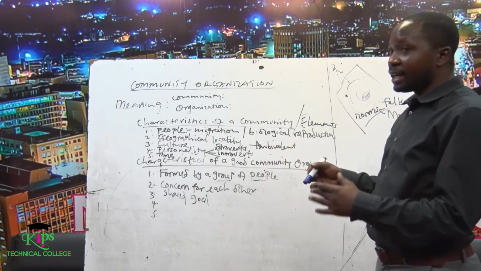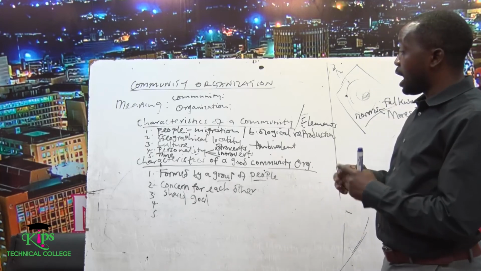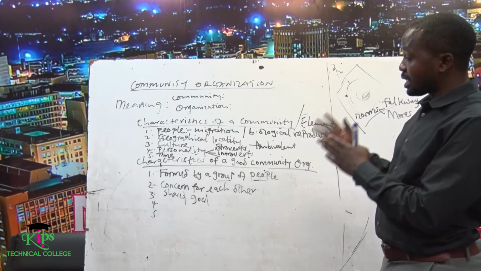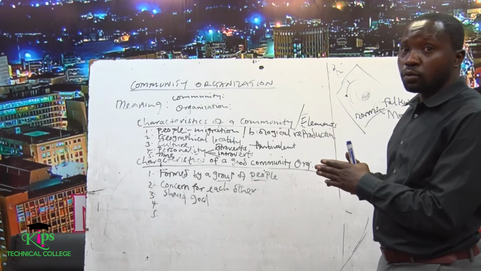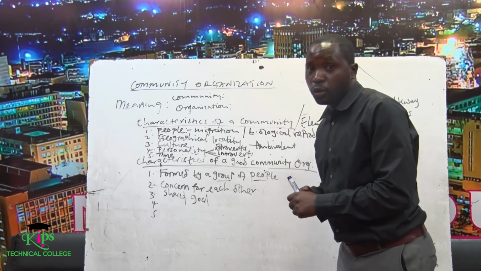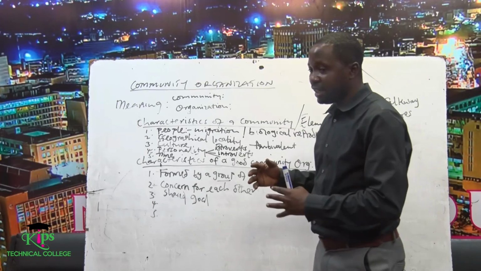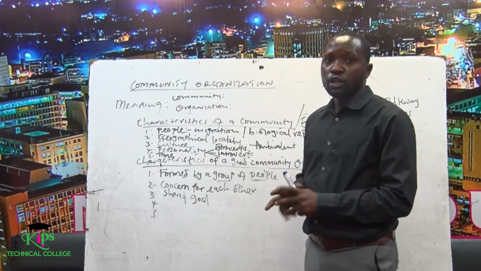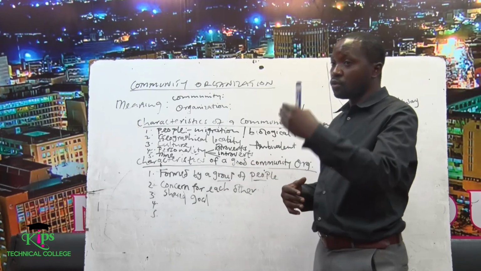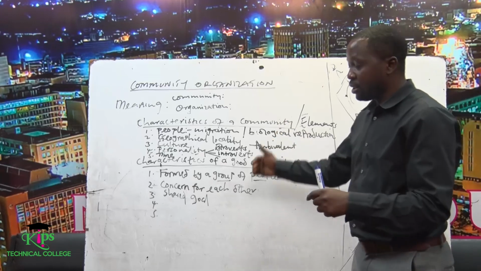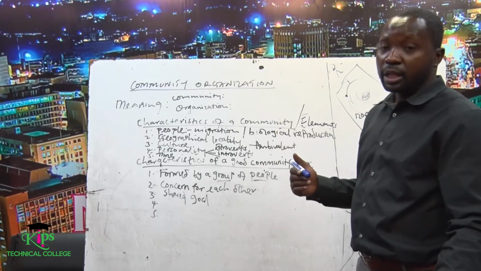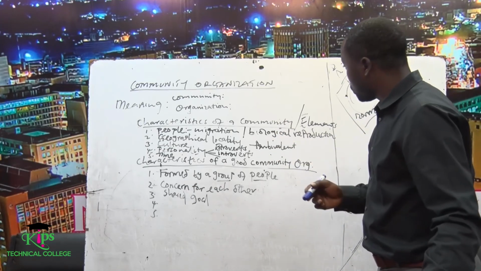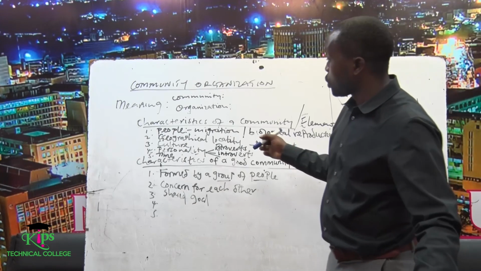So if these people agree to work together, that means that they have agreed to move towards a certain direction, and all of them will have to move towards that particular direction. So they do not have divided goals or objectives. So we have come together so that we can work towards accomplishing this and this. That is also one of the key characteristics of a good community organization,